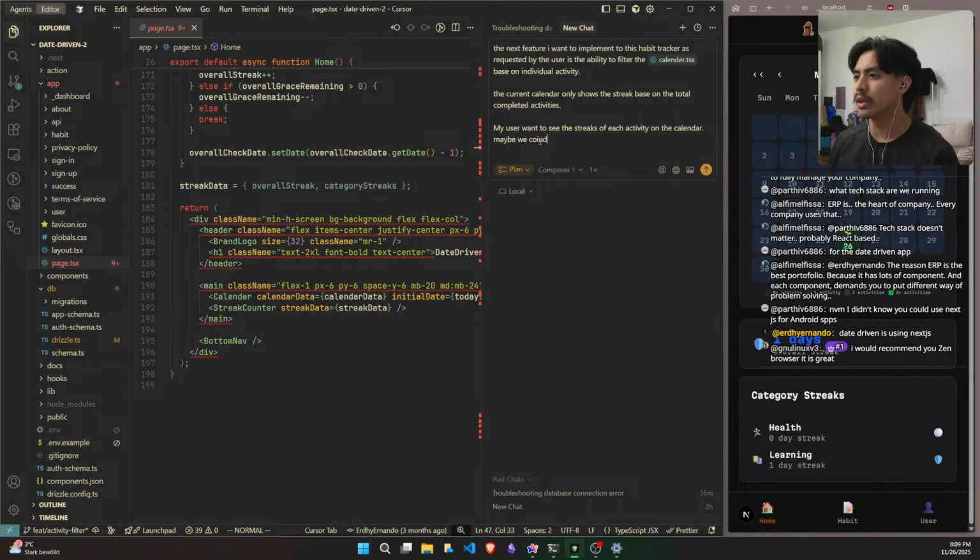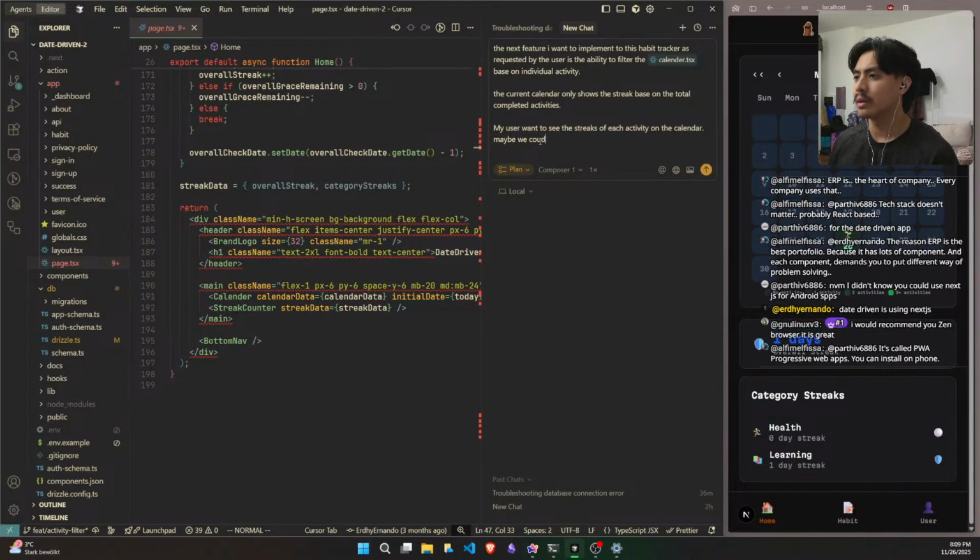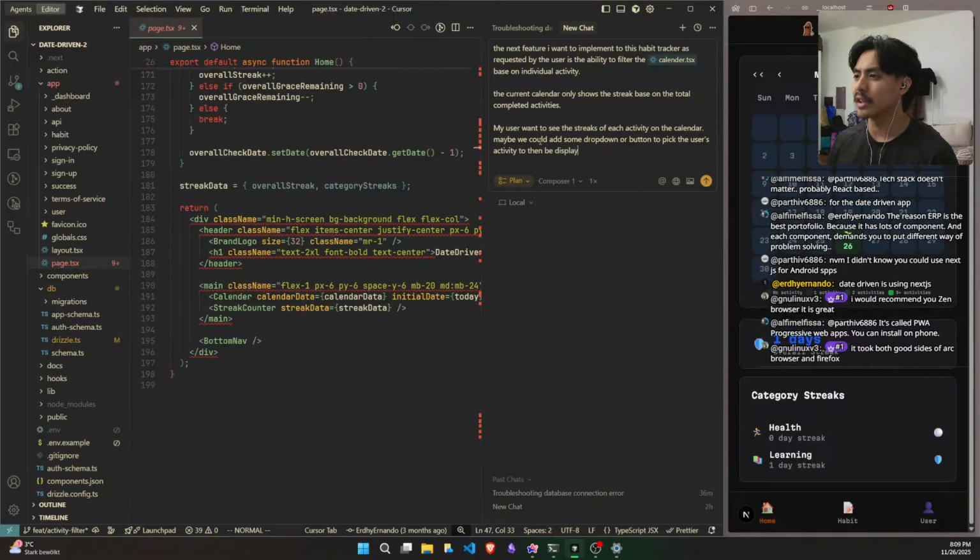Maybe we could add some dropdown or button to pick the user's activity to then be displayed.